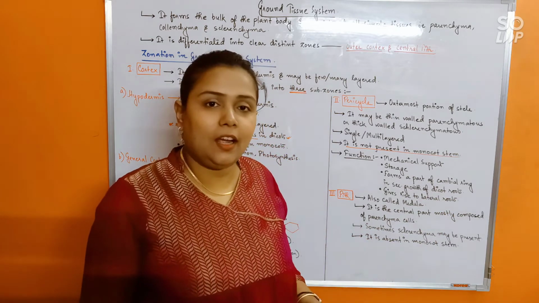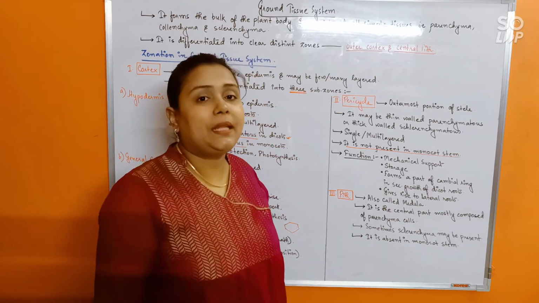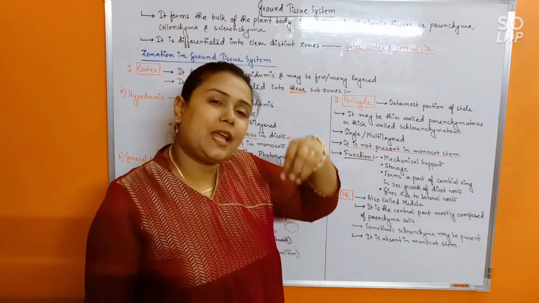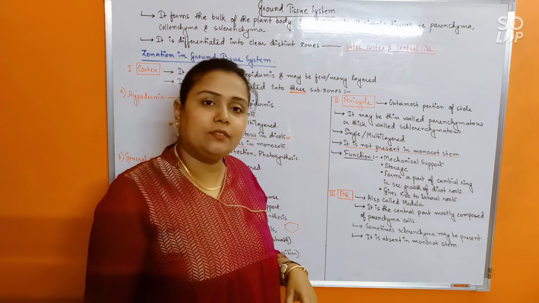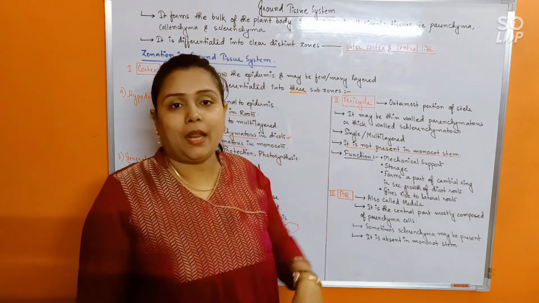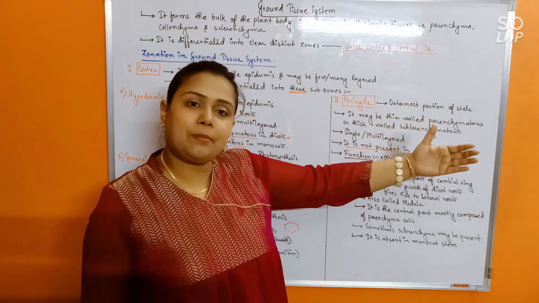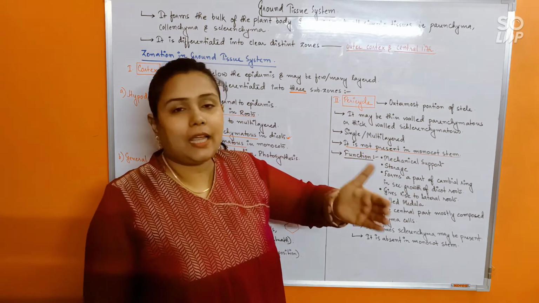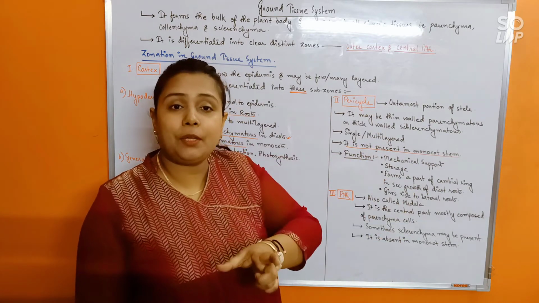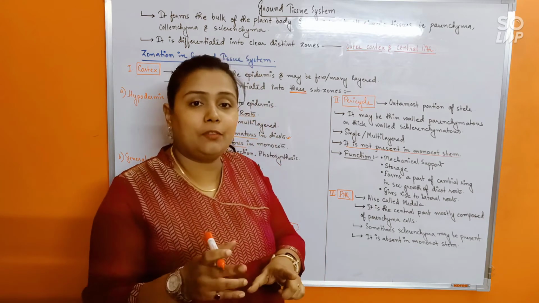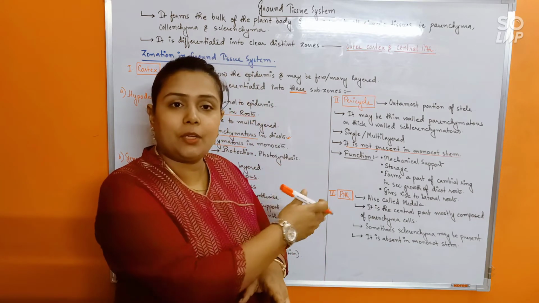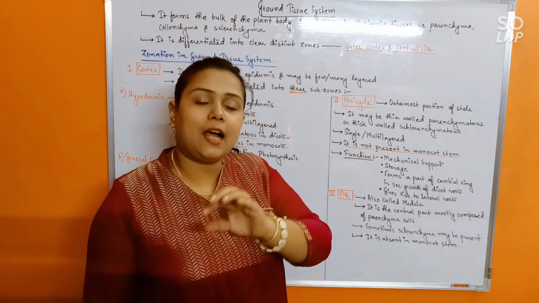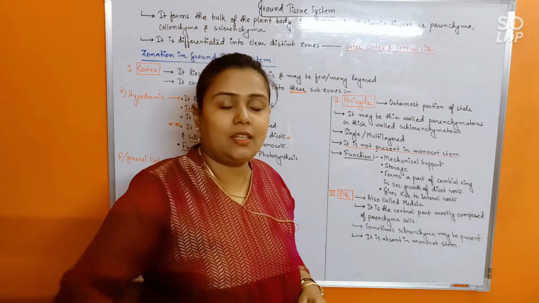Alright, this much is clear. So the last portion is the pith, which is also called medulla. It is the innermost, centralmost core region of the plant body. So we have reached the center of the plant body. Coming from outside, the outermost layer was the epidermis, then comes the hypodermis, then the general cortex, then the endodermis, then the pericycle, then in between will remain the vascular bundles, that is xylem and phloem, which we are not discussing here because they fall under the vascular tissue system. And after so many layers, the last one, the centralmost region, is the pith.